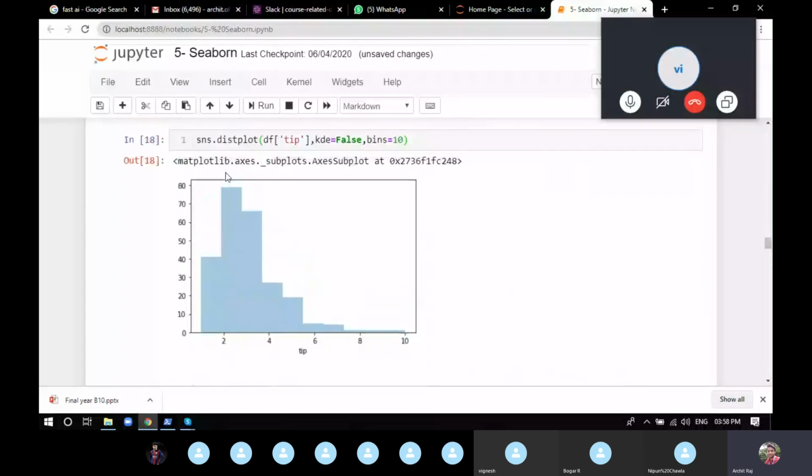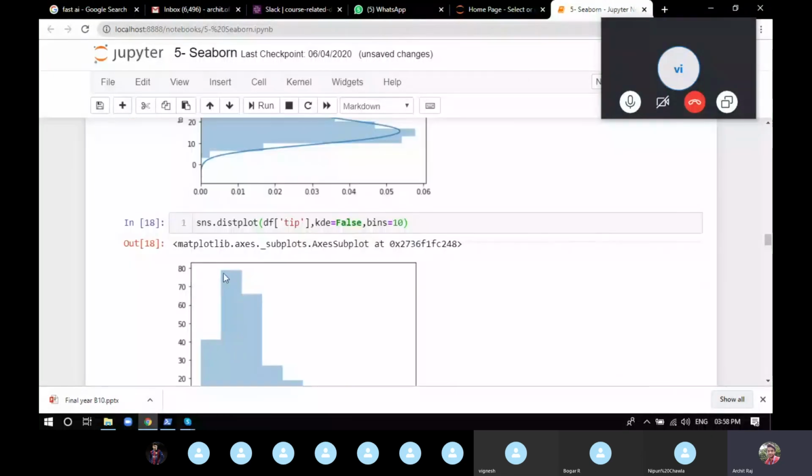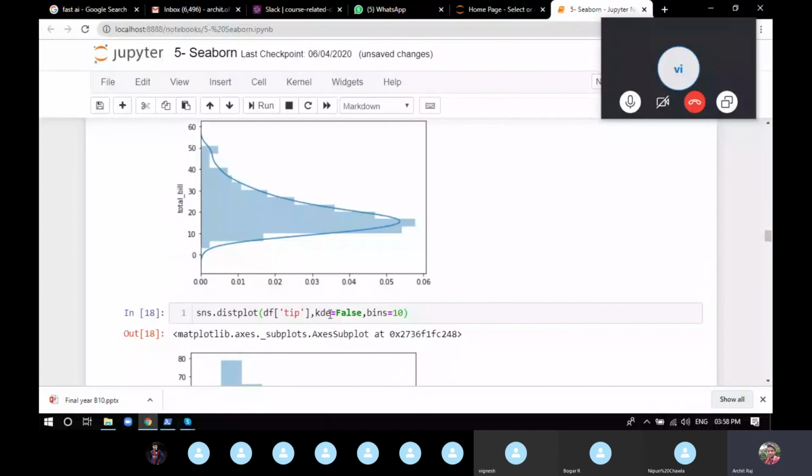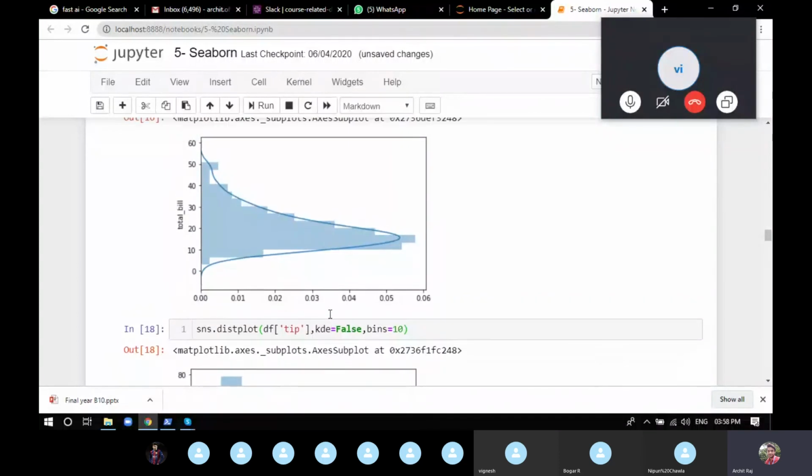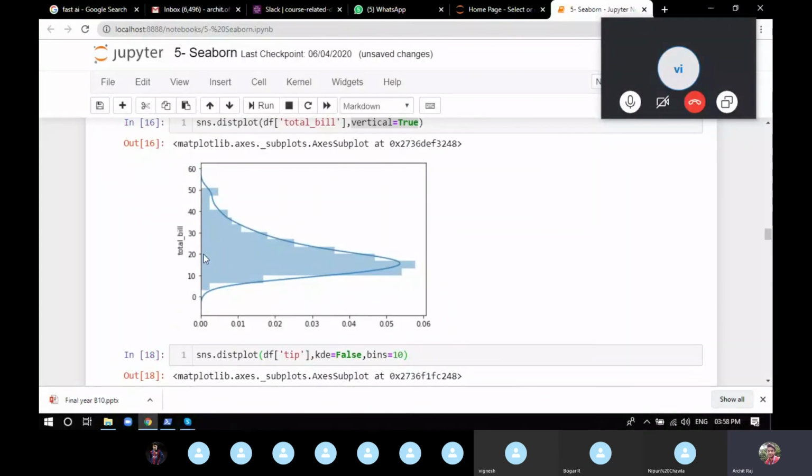But what is the difference from Matplotlib's histogram? There the histogram only depends on the number, the occurrences. Here you can give more options, if we don't want the exact number. We want to know the density, like what is the percentage of people between 10 to 20. So we can write kde equal to true here.